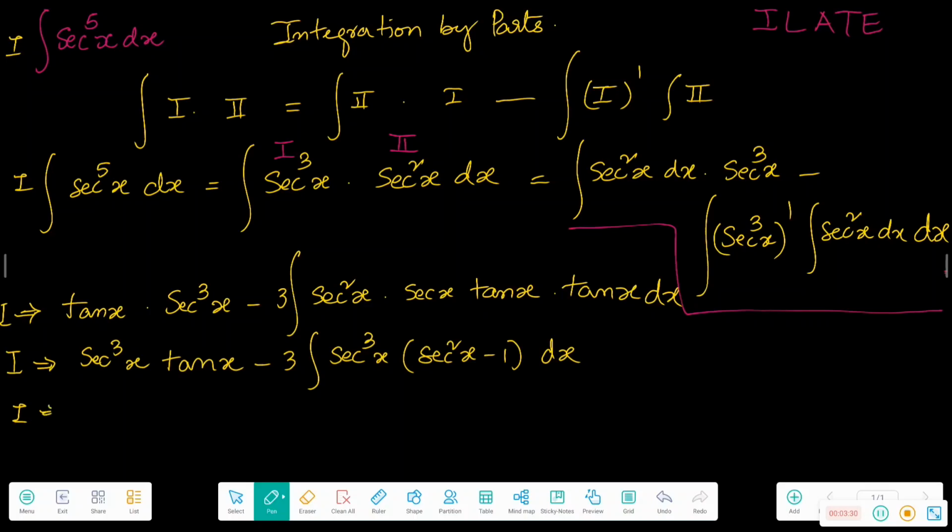So now I will be equal to secant cube x tan x minus